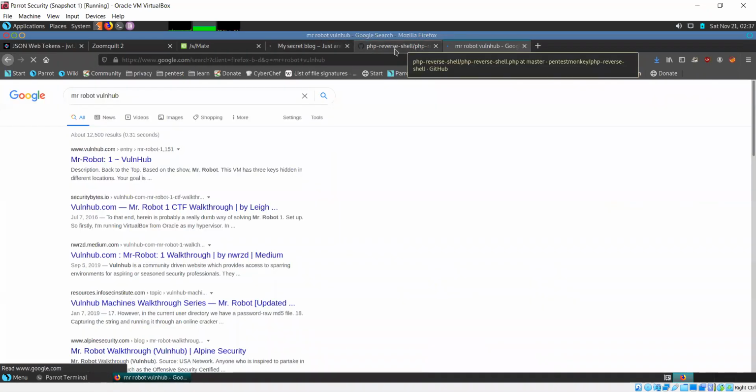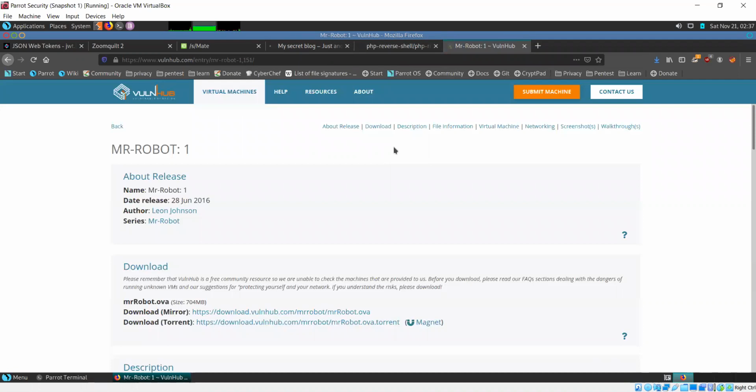Sir, I have a laptop and a PC connected to the same network. If I try this method, can I hack that PC from my laptop? You may be able to hack. There's no guarantee that you will be able to, because that depends on how that system is configured and what kind of vulnerabilities exist there. So you can definitely attempt, but it depends on how that system is configured and how you try to hack it.